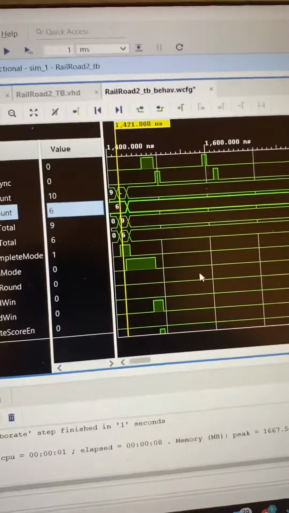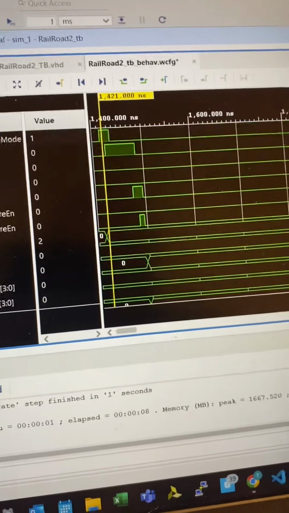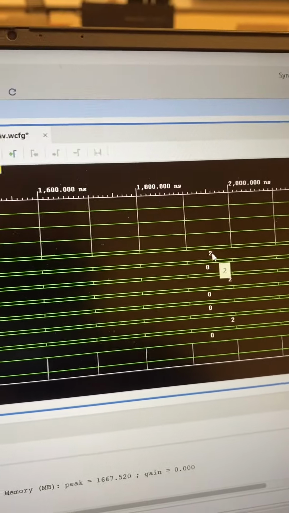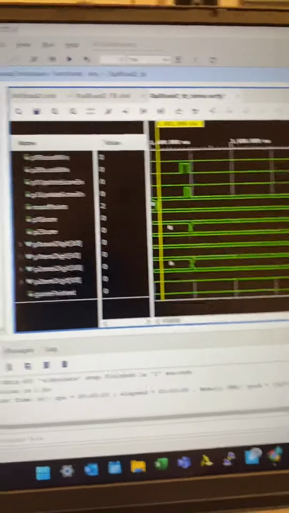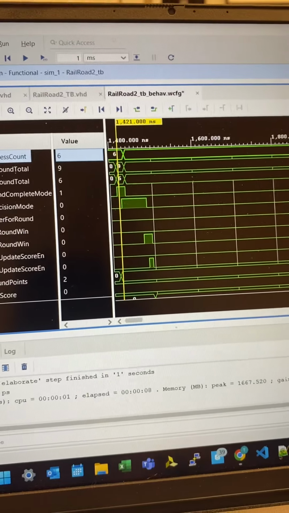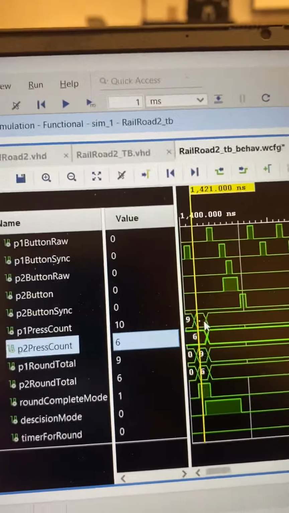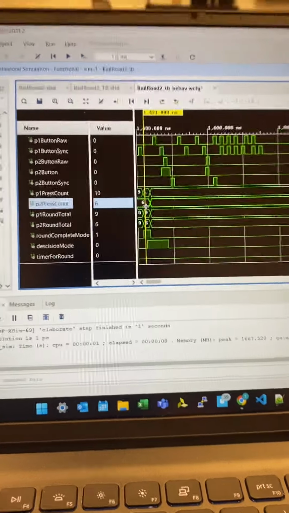So once we get to decision mode, we're going to scroll down a little bit to see where the points are assigned. It looks like round points are 2, and they end up getting assigned to player 2. So let's see if we can figure out what our button presses were. So our button presses were 10 and 6, so 10 minus 8 is 2, so 2 points